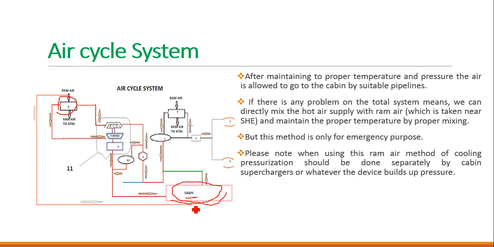So after cooling down from the secondary heat exchanger bypass valve, it enters the turbine. In the turbine the air gets cooled down, and it has some water droplets, so it will be passed to the water separator. The water separator separates or drains the water inside the air. After that it will get passed to the cabin. For hot air, it is just mixed with the ram air and passed to the cabin, or it will be passed straight to the cabin.